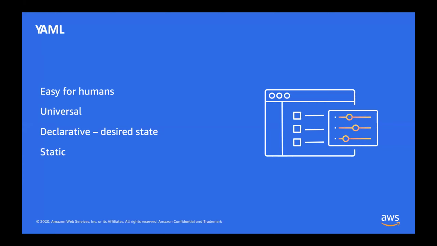It's universal. So, you can use YAML across almost every system for declarative state. And it really does a great job of being declarative, of representing the desired state of a system. And that's part of the reason why we all love it as part of Kubernetes, is that I can represent the desired state of my system and then use the state machine within Kubernetes to actually help bring that system to the desired state.